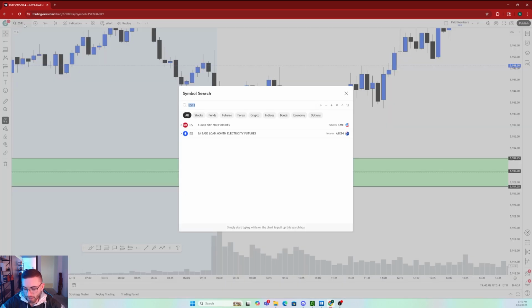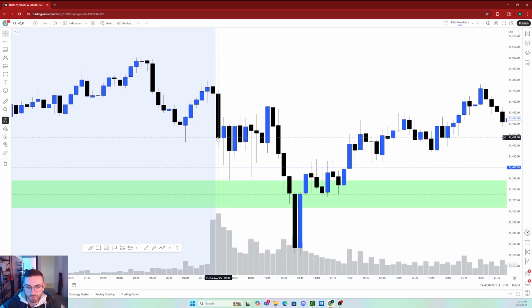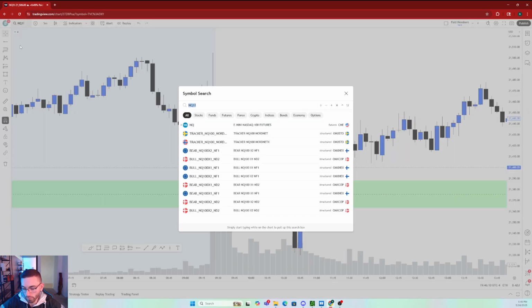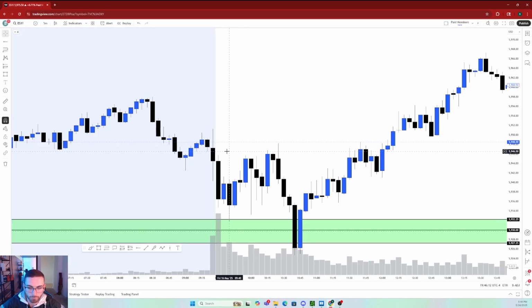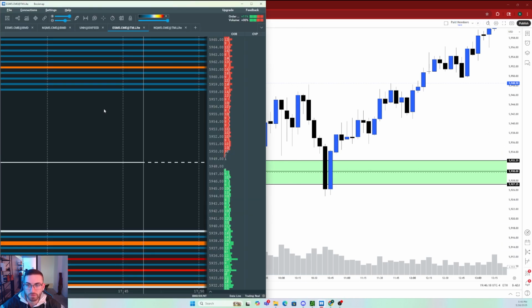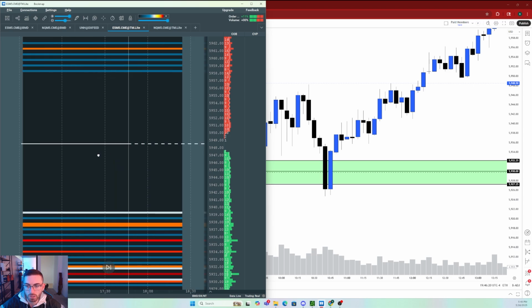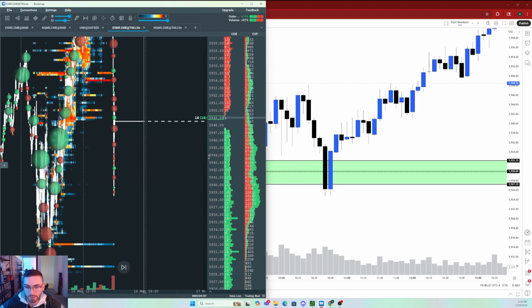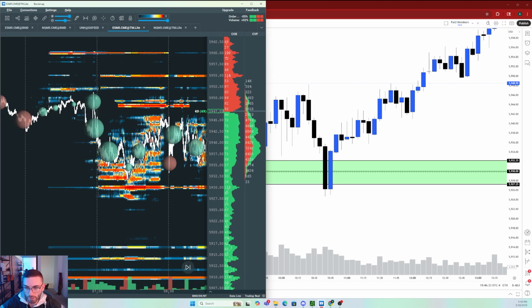Now, at the same time, if we pull up NQ on the 5-minute time frame, you can see right here it came down and it hit the very beginning of that demand perfectly. Now, for this trade, I did not wait for the 5-minute candle close. Now, the reason why I entered this trade early, and I was talking about this in the live trading session, is if we go back to when we ended up hitting that demand zone, which was right in this area right here,